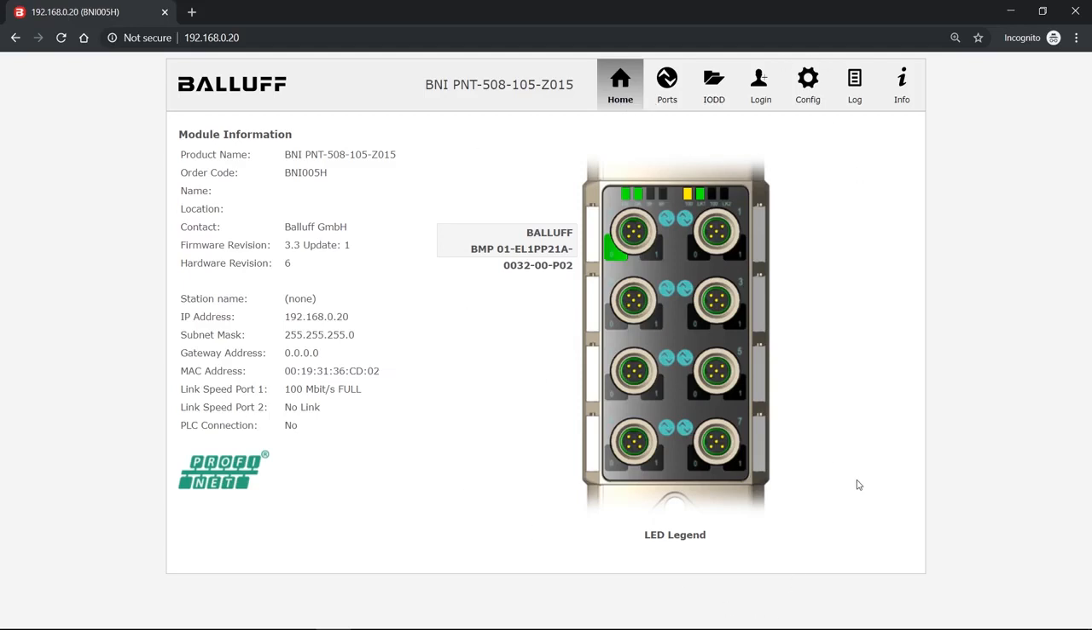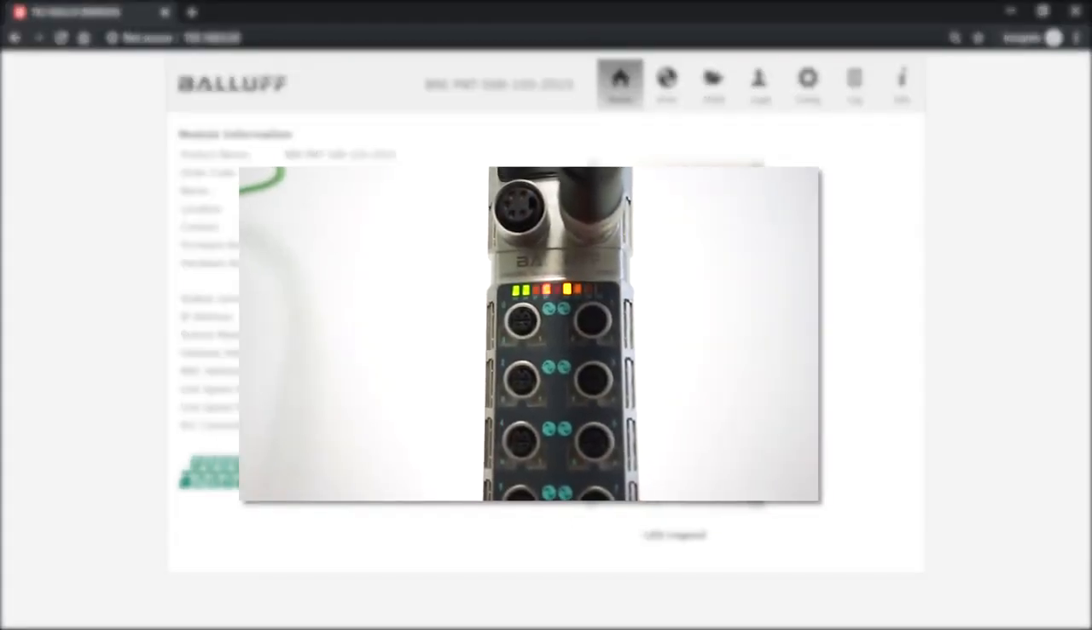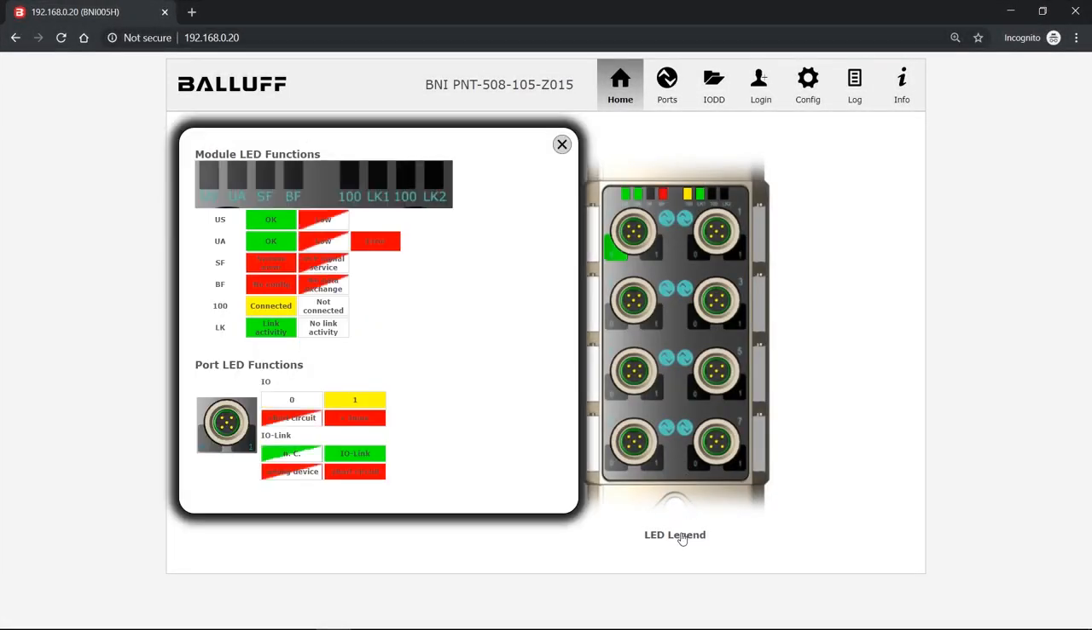Additionally, on the right side, you can see an overview of the master itself and its current status, like you would see directly on the master. This is a one-to-one copy, so when a light is flashing here, it is also flashing on the real device. And if you are wondering what the red blinking LED means, you can open the LED key